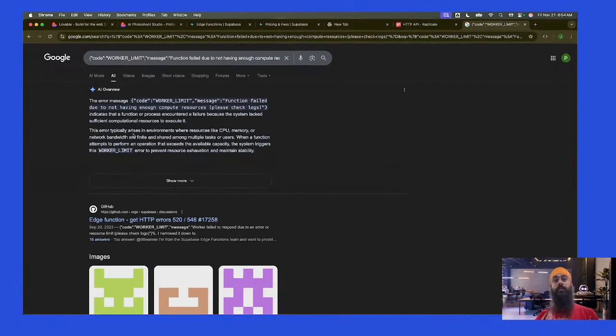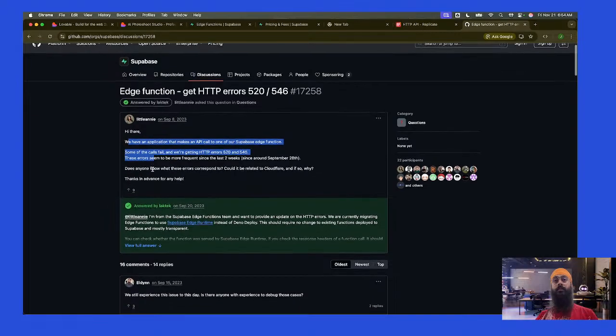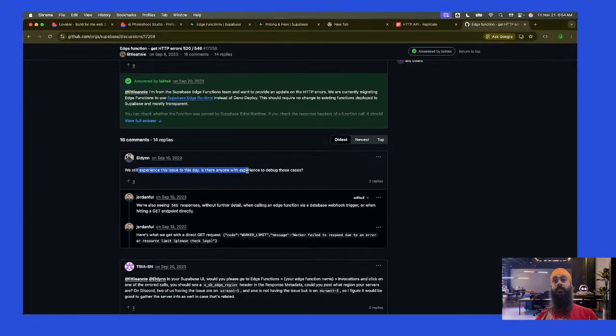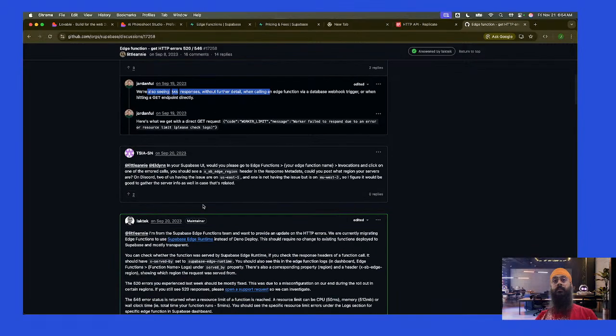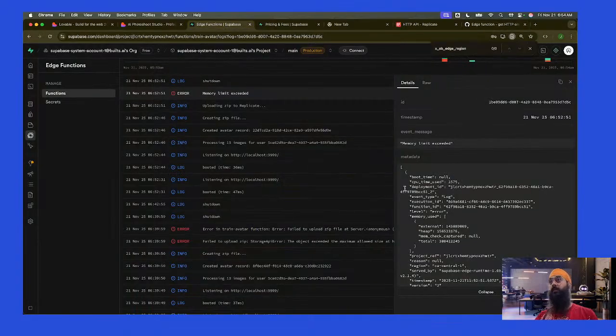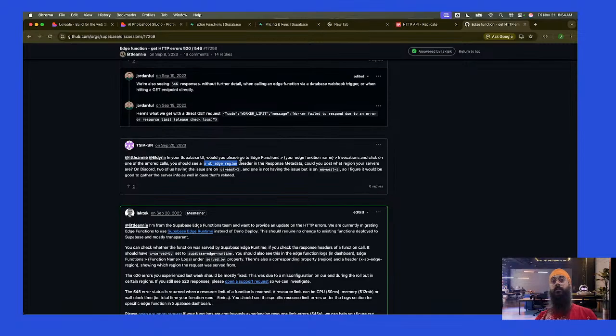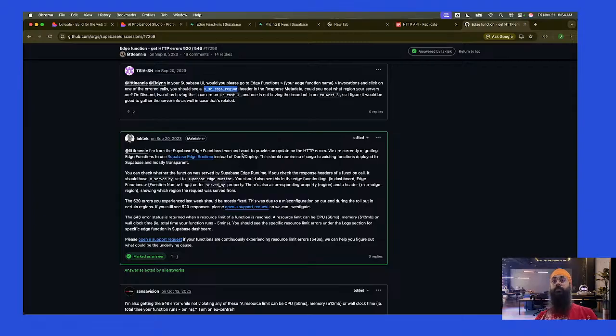Let's Google this quickly. We are currently migrating edge functions to use Supabase edge runtime instead of the standard deploy.